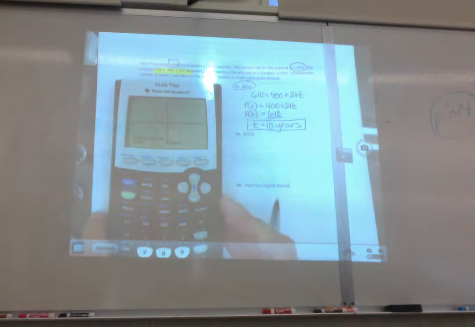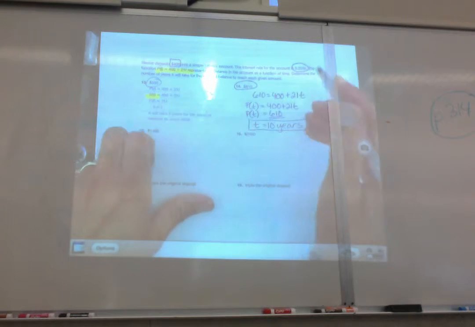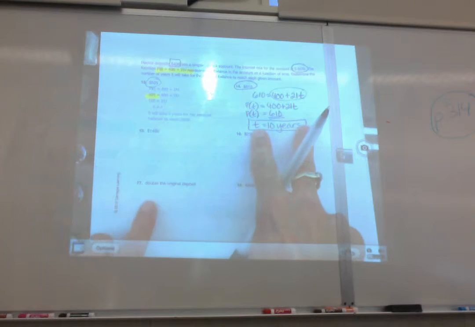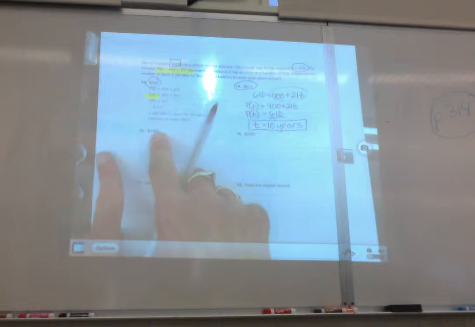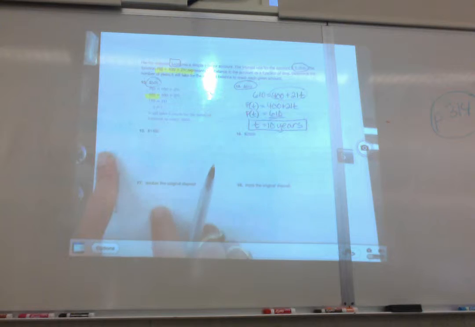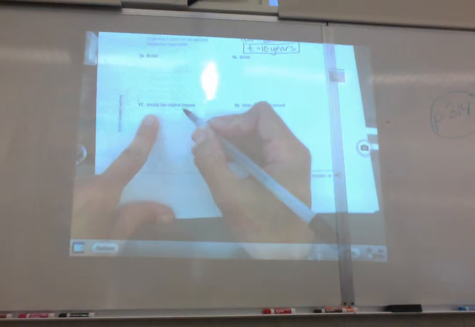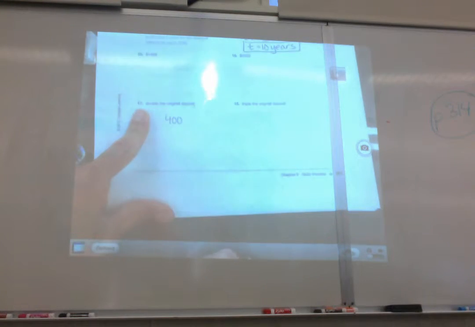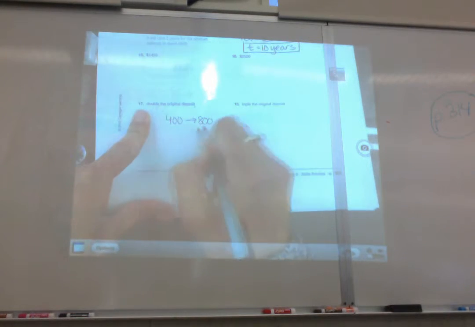So if you're going to do this algebraically, you're taking this amount and setting it equal to the function. And then you would simplify and solve for t. If you're going to use a graphing calculator, you're going to put this in as y2 and use the intersect feature to find the years. Things like 17, double the original deposit. Well, the original deposit was 400, so doubling it means bring it on up to 800, and that's what you need